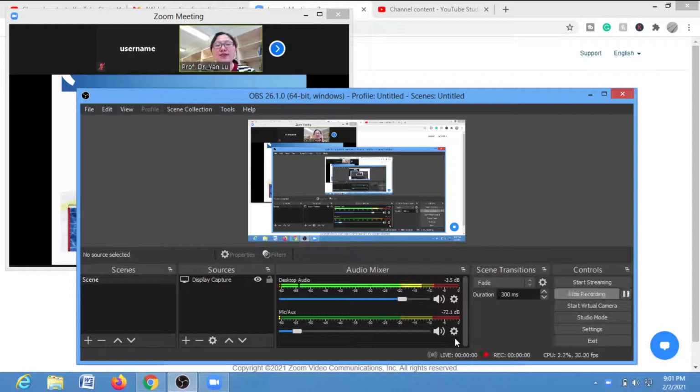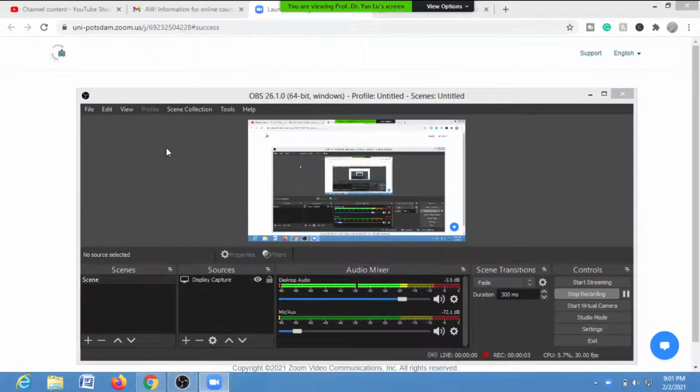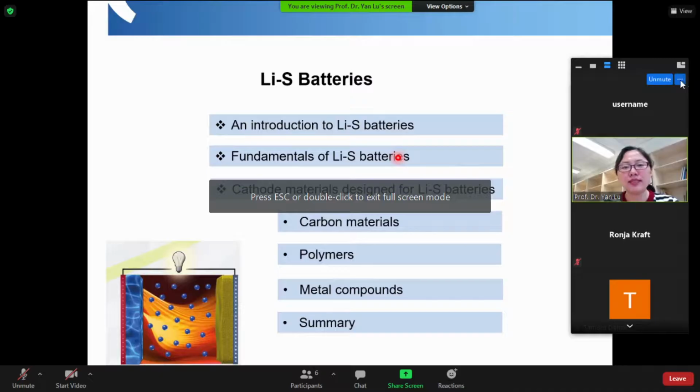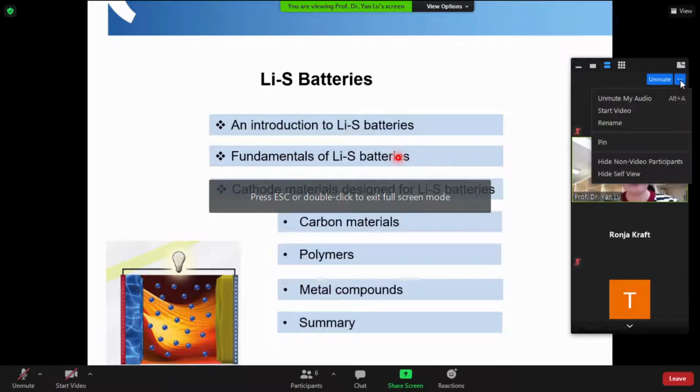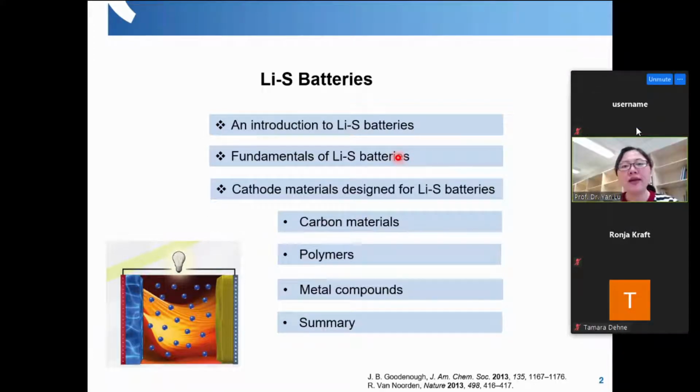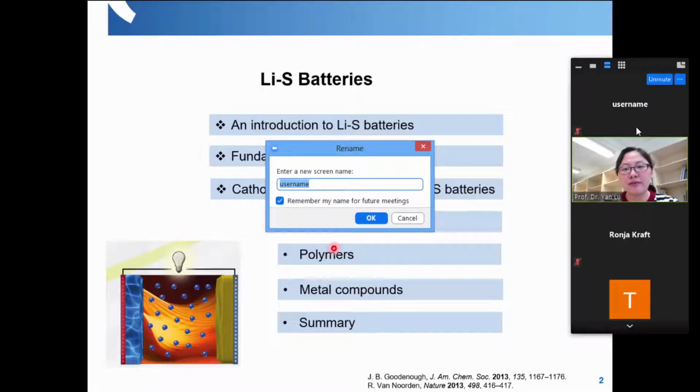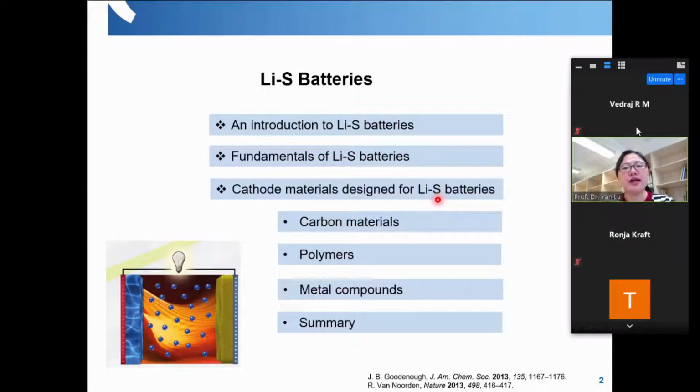As usual, I will give you a brief introduction on the lithium-sulfur batteries. And then, of course, we need to discuss the detail about the fundamentals. So what is the reaction mechanism of the lithium-sulfur batteries? And then, as the most important part, we will mainly focus on the cathode materials which are designed